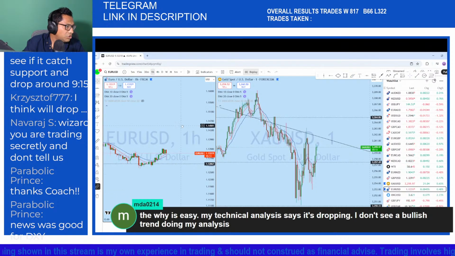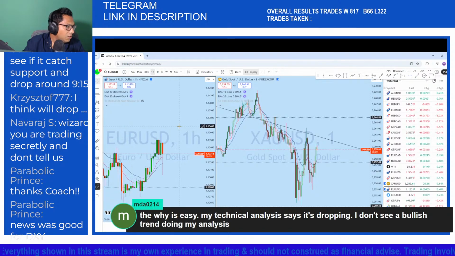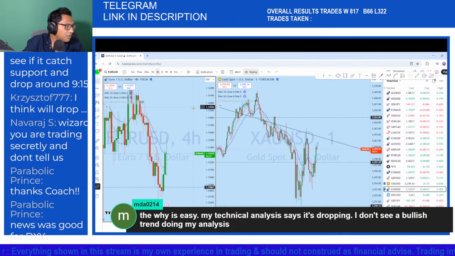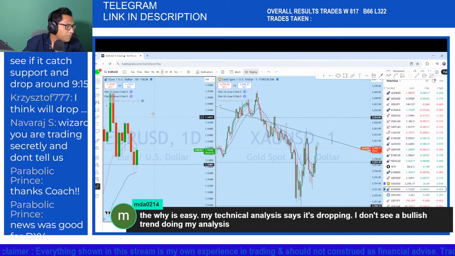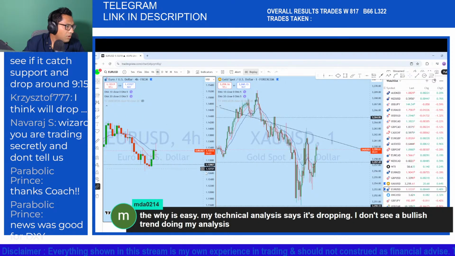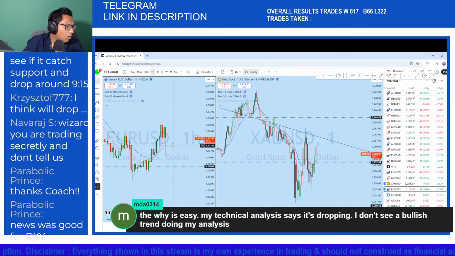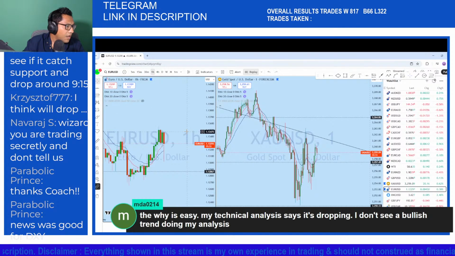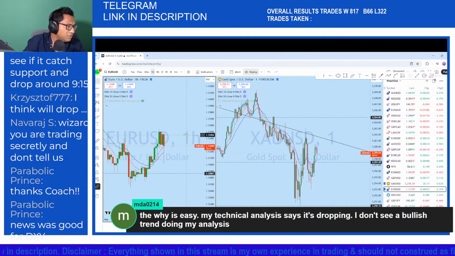Here there is a sharp bounce, and on euro dollar it still can remain bullish. If you look at the daily here, it's a daily bullish market. 4 hour there is a doji, 1 hour also there is a long wick candle here. And with this long wick we can see that the market is to